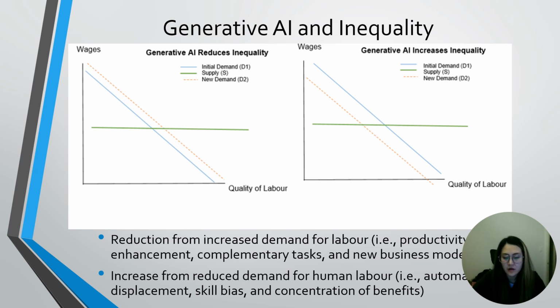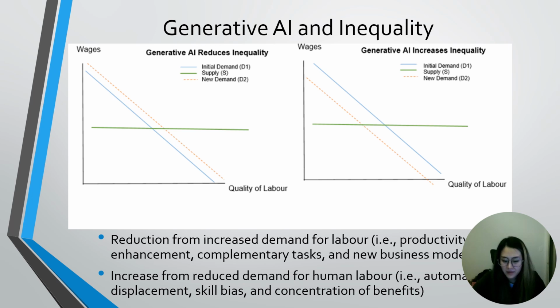The third would be a concentration of benefits, where the benefits of generative AI may accrue disproportionately to a small segment of the population, such as highly skilled workers or business owners, while displacing others. As the demand for labor decreases, the equilibrium employment level falls, and the wages also decline. So lower wages and fewer employment opportunities could exacerbate income inequality, particularly for workers in lower skilled or easily